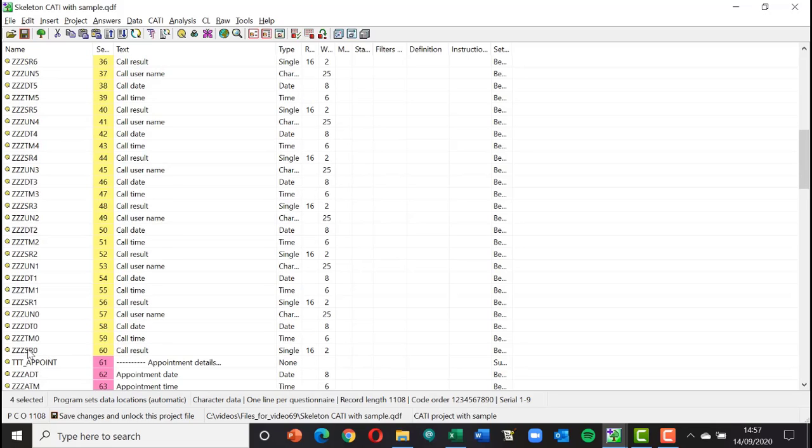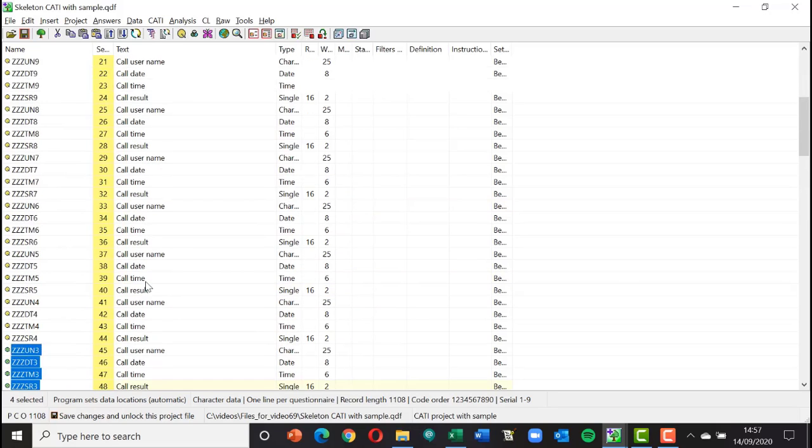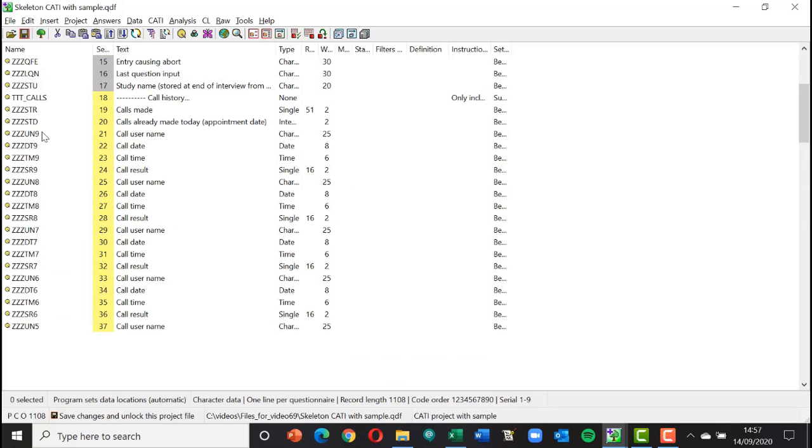If you get through to a respondent the first time, the details of that call, whoever made the call, the date and time and the outcome will be automatically recorded in the 0 of these 4 fields. If there's a need to make an appointment and call a second time, the first recall will be in here and the second recall in these fields, the third recall in these fields, and so on for the 9th